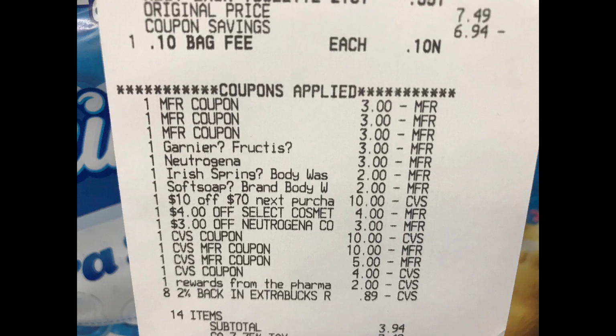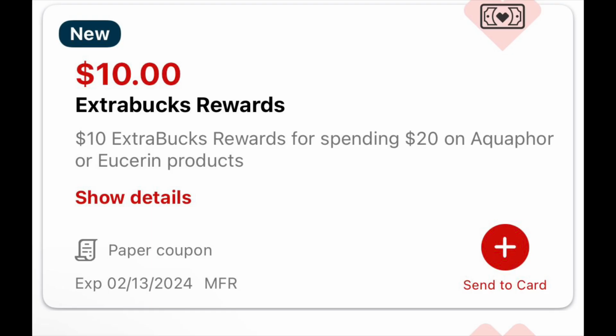I ended up using $31.89 extra care box to pay for this. The 89 cents on top of it is the 2% back in extra care box we get. And also I have a $2 extra care box I got from pharmacy. I don't know if I should count that in as extra care box I used, but I ended up paying just $3.94 out of pocket, and I got my $10 back for the spend 20 get 10 for the Eucerin,